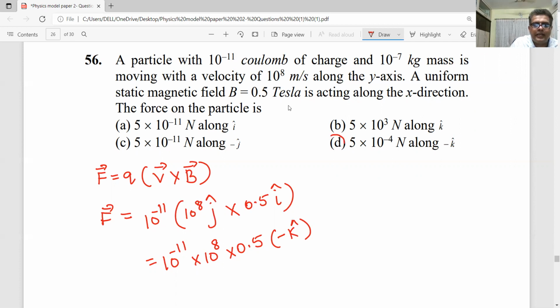My answer is option number D. Whatever answer you get, I am not worrying about it. There is only one minus k cap option there. That's why the answer is minus k cap. You can do the calculation and match it: 0.5 into 10 power minus 3 is nothing but 5 into 10 power minus 4. Perfect. But I do not want to do that. As soon as minus k cap comes, tick it. That's how we can avoid spending time. Otherwise, 10 power minus 11 into 10 power 8 into 0.5 takes a lot of time, maybe 10 seconds for some. That is not needed either. If you know minus k cap, there is only one answer with it, so just mark it.